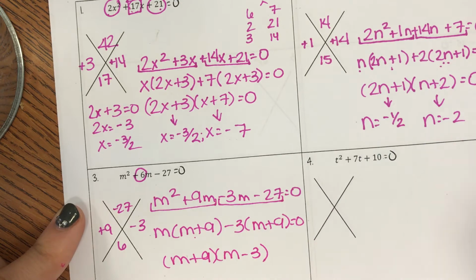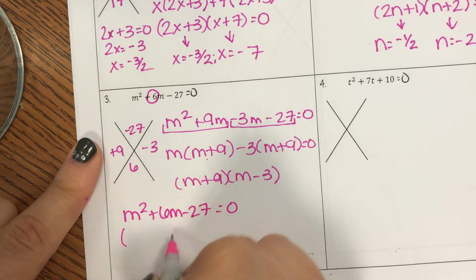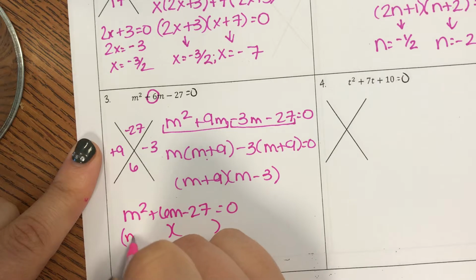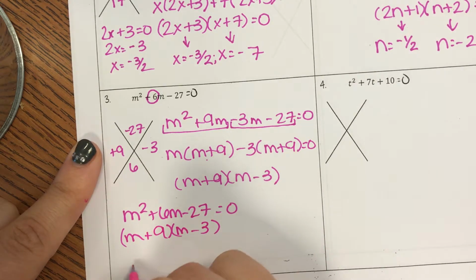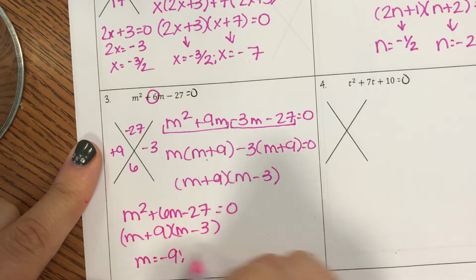But remember, if you recognize that the coefficient is 1, just start from here. Whoops. Go right away and just factor into m, and then 9 and 3, positive, negative, m equals negative 9, m